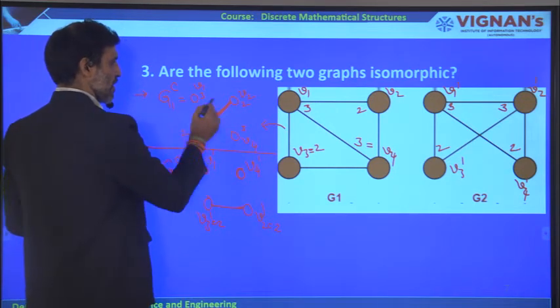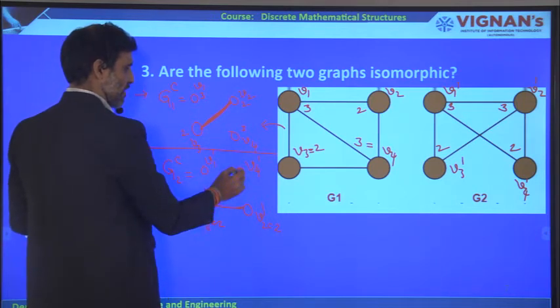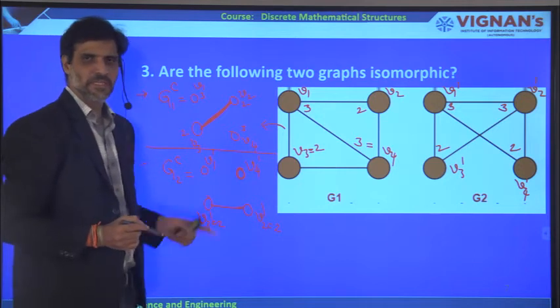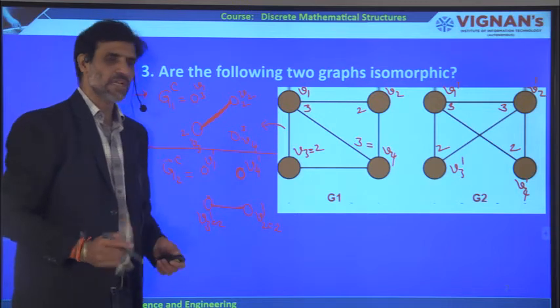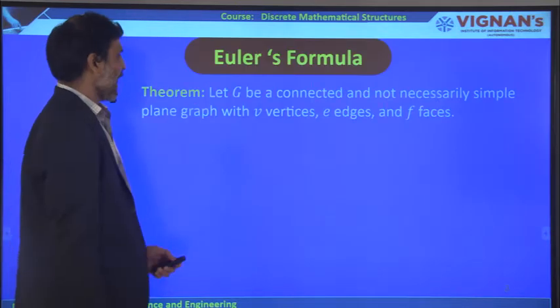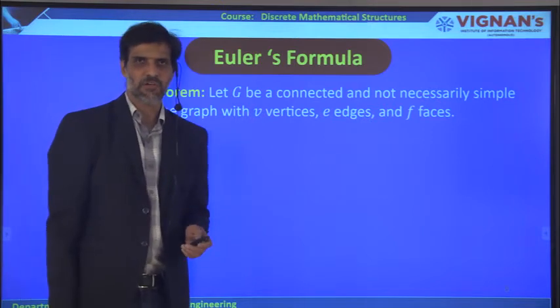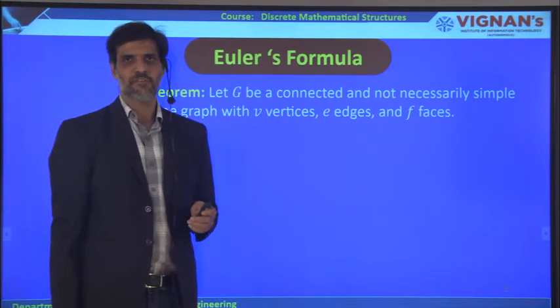Degree 3. So therefore here, even though it is V2 here, we cannot take it, we are going to take this V4 dash. And then we'll get an edge like this. So both the graphs are now the same, therefore this is an isomorphic graph. And this is how we can define isomorphic graphs, and I have given a few examples of how to check whether the two graphs are isomorphic or not.